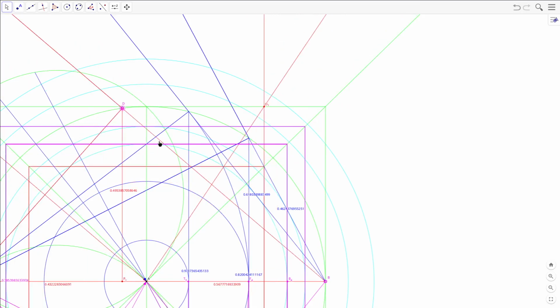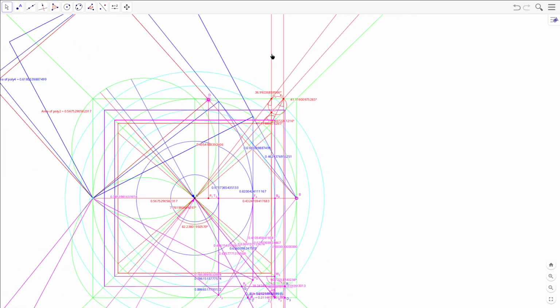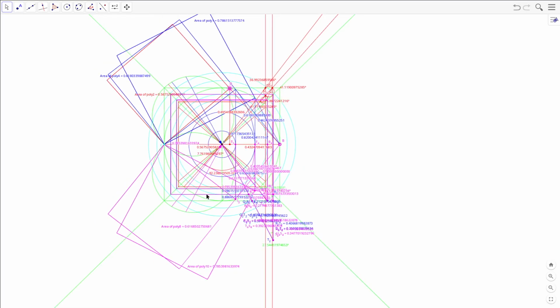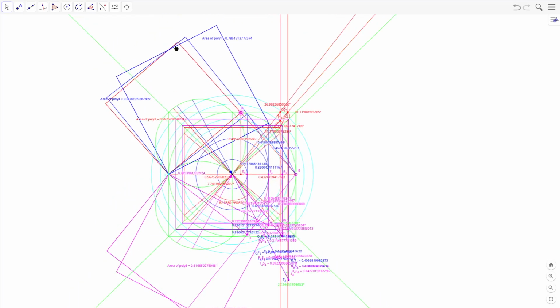Alright, now the blue circles are 5 proportionate pi values, so true pi. So this will be the circumference area of the circle, and this will be the area circumference of the circle with their respective areas. And